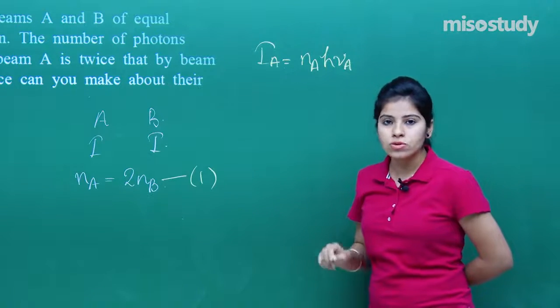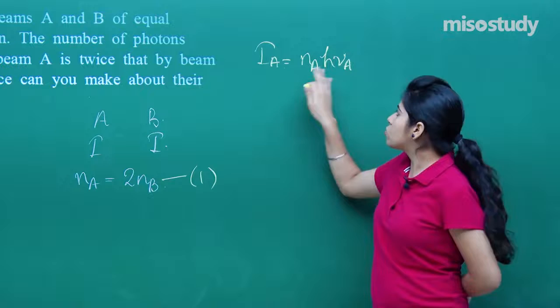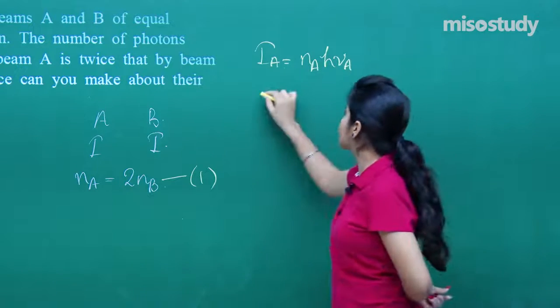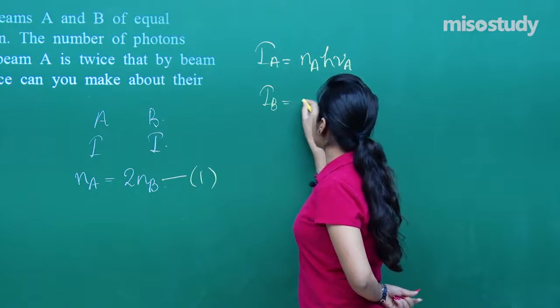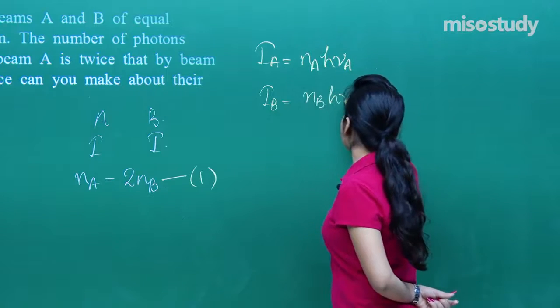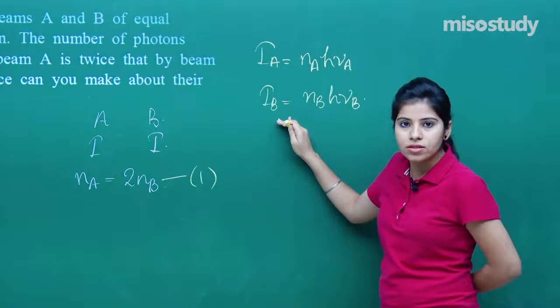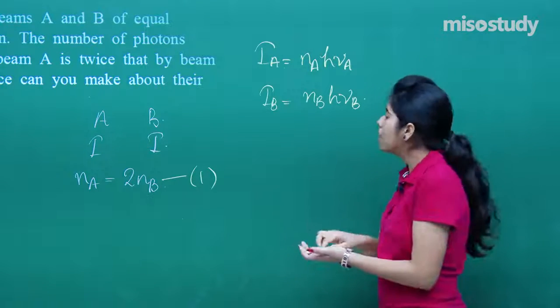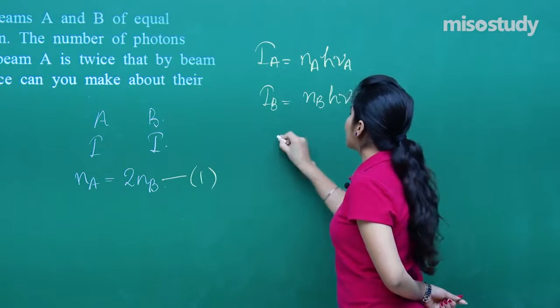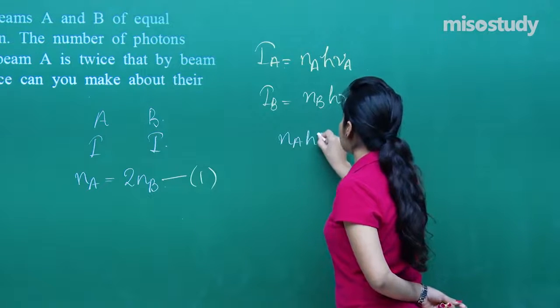Energy is h nu, so h nu A, because we are talking about intensity of A. What will be IB? That will be NB into h nu B. Now in the question it has been given that these two intensities are equal. Since IA equals IB, I can write this as,